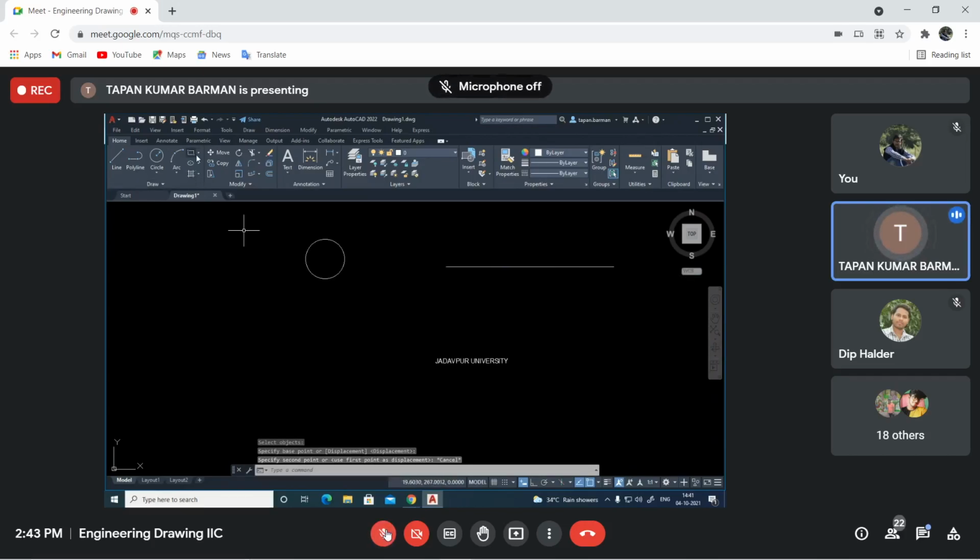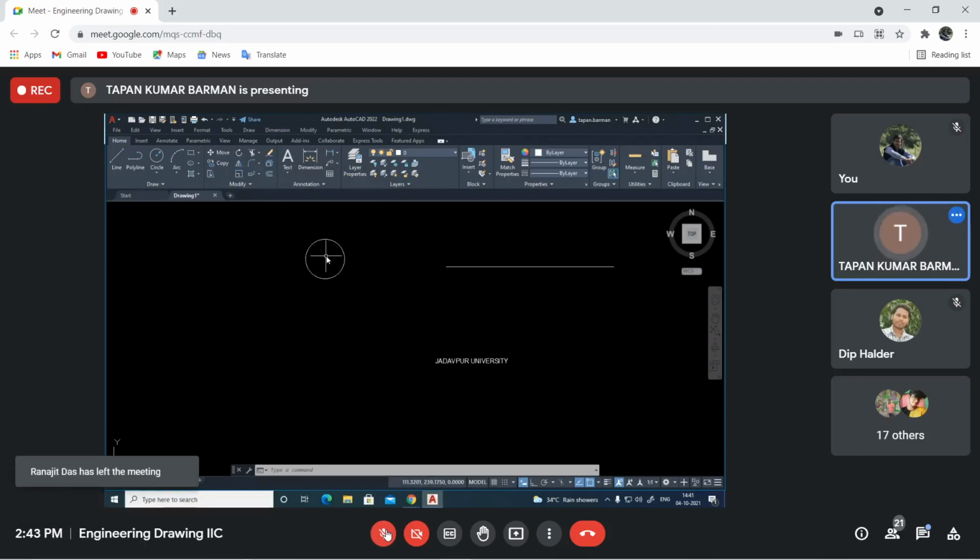Now what I can do, if it is required to place this object at this endpoint, I need to select the center of this circle as the base point. Move, select object, enter, specify base point.